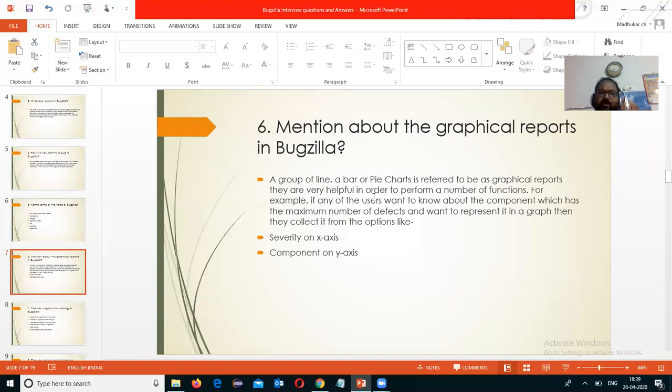They are very helpful for performing a number of functions. For example, if a user wants to know which component has the maximum number of defects and wants to represent it in a graph, they select options like severity on the x-axis and component on the y-axis.